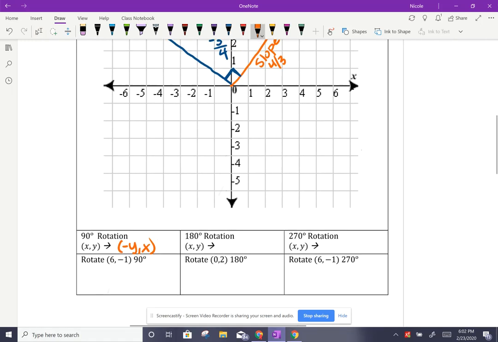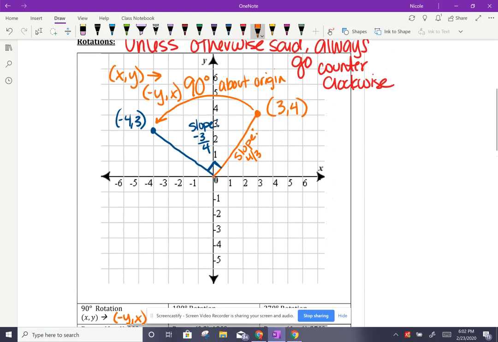Now we're going to do that again and keep rotating our circle. So if I rotate another 90 degrees, if I want to keep going, another 90 degrees. So from negative 4, 3, I'm going to do the opposite reciprocal slope again, which would be 4 over 3. And so from the origin, I'm going to find my point using my slope, but I'm going to go into the quadrant to the bottom left as opposed to going up. So that means I need to go down 4, 1, 2, 3, 4, and over 3, 1, 2, 3. So this new point